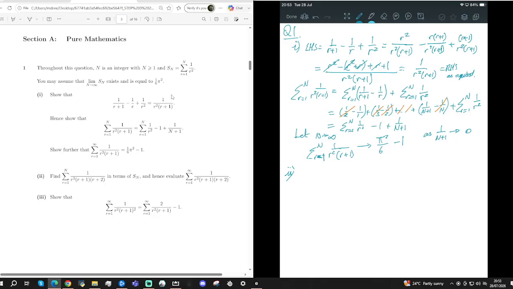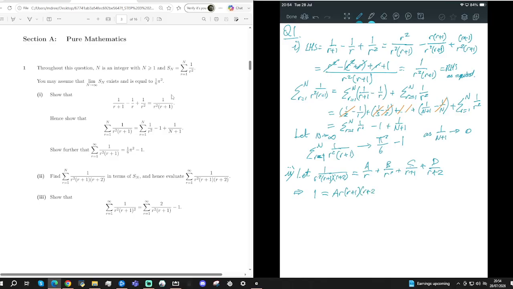But we can take the idea that we had in that part I, which is partial fractions. So let's try and find the partial fraction form of this 1 over r squared, r plus 1, r plus 2. And the partial fraction form is going to be something over r plus something over r squared plus something over r plus 1. I need to use a different something. Plus something over the r plus 2, which if I multiply everything up says that 1 equals